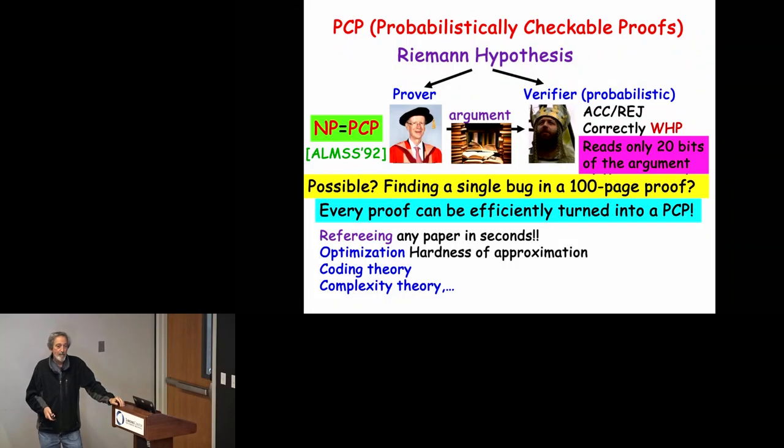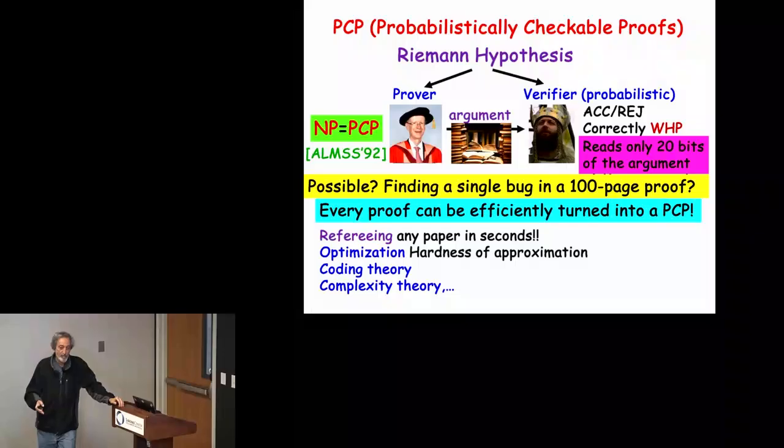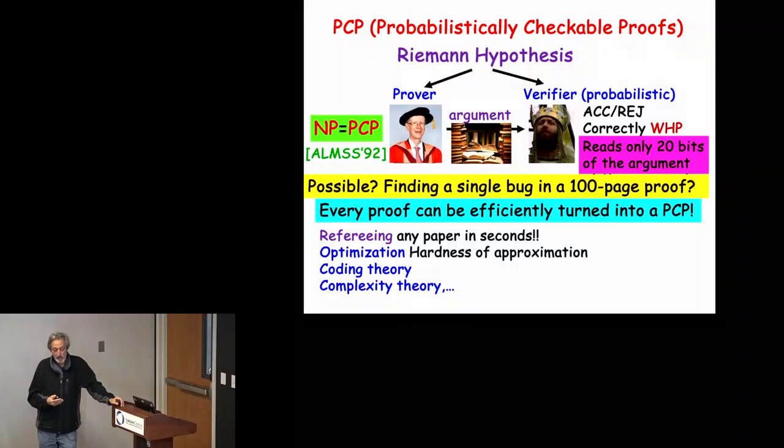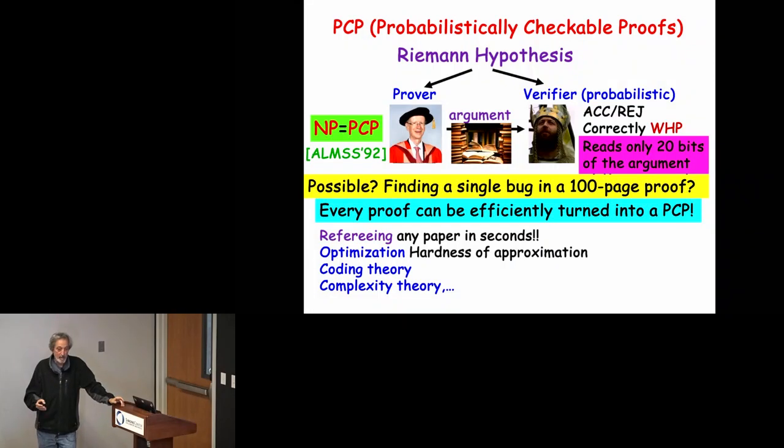So I suppose the proof could become much longer when you... Yes, but since it's an efficient procedure, it's not much longer. So in the beginning it was polynomial time, maybe it was n to the 100. Today we know that it can be done in something like n log n or n log squared n. So nearly linear time and length. And that's, again, very important for hardness of approximation reductions, to have these very efficient reductions.